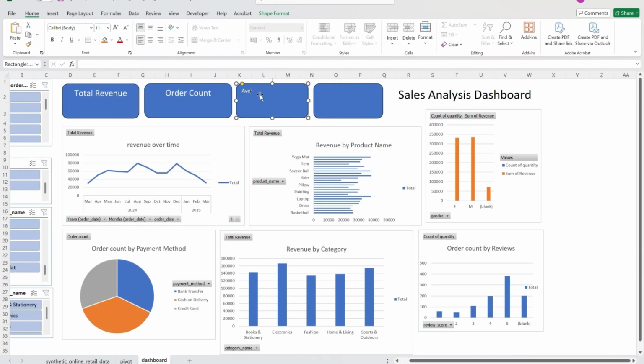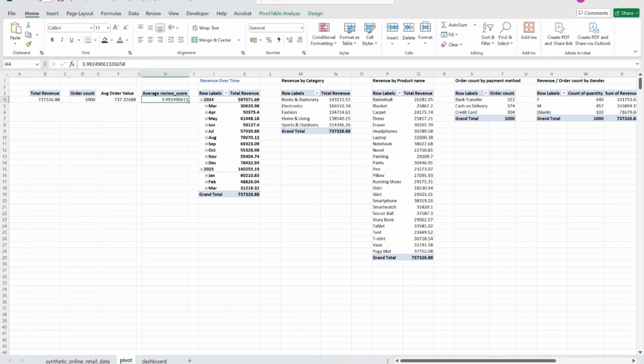Now average order value, font size 18. In this case, we'll have to keep 16, 14. And the last one was average review score.